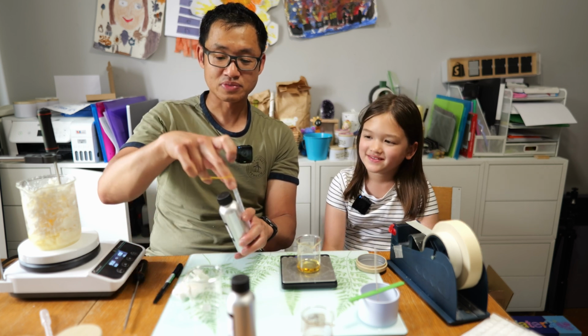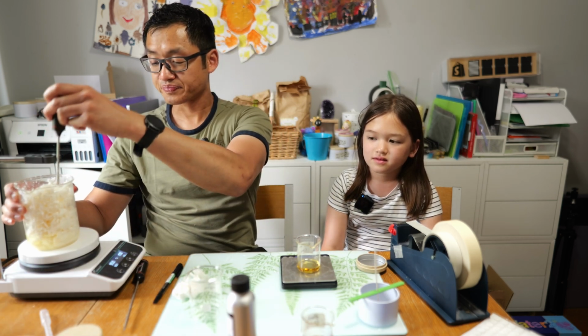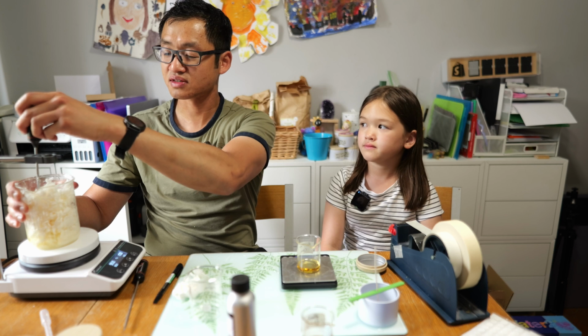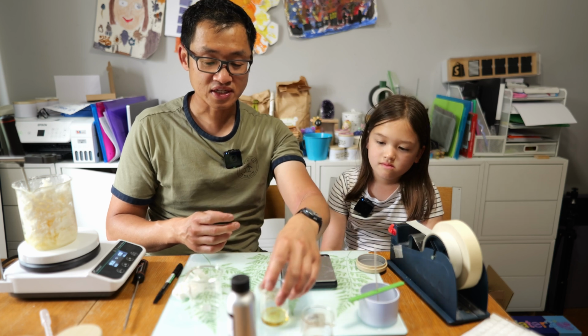How's our wax? Just keeping an eye on the temperature. Don't want to overheat the wax, because that might have been something we did wrong in the early stages. Although we did use a double boiler for the very first one, and it still didn't turn out. But with this, we can just make sure the bottom's not getting too hot. Right, the next fragrance is